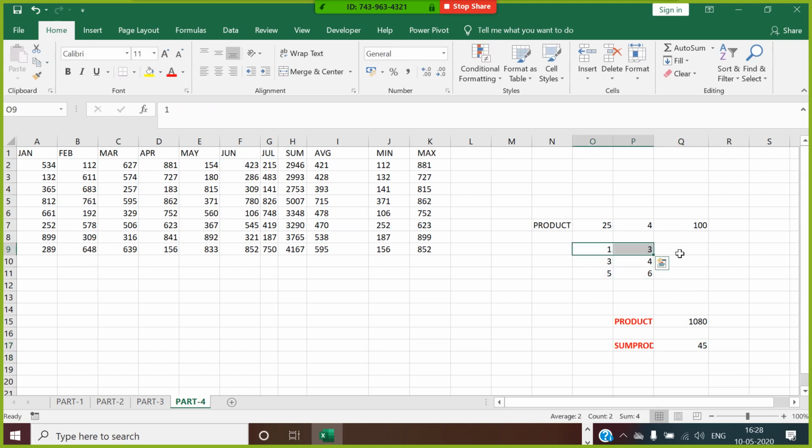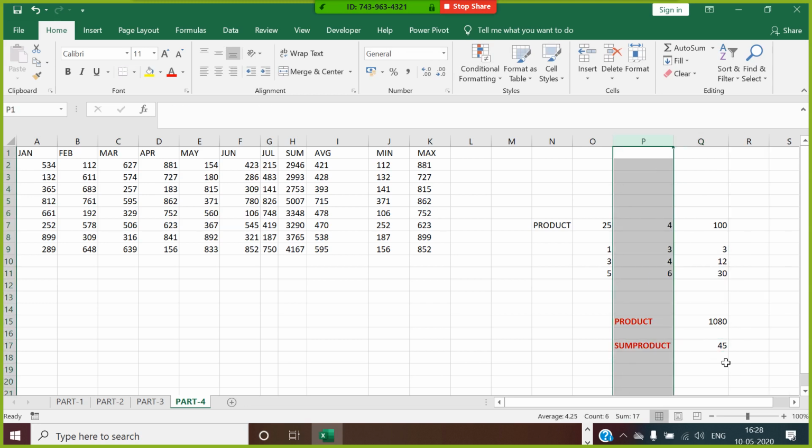So it's going to make it 1 into 3 as 3, 3 into 4 as 12, and 5 into 6 is 30. Now, if you make a total sum of it, it comes to 45, which is sum product. So it multiplies each row, then it makes the sum of all these row values. Understood, guys? Understood what is the difference between product and sum product? Yes. Okay.